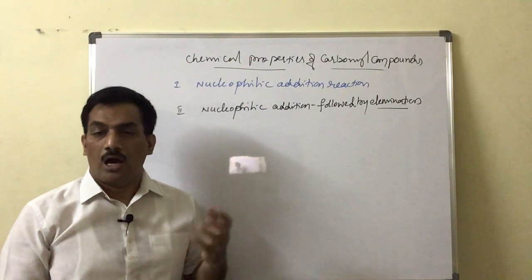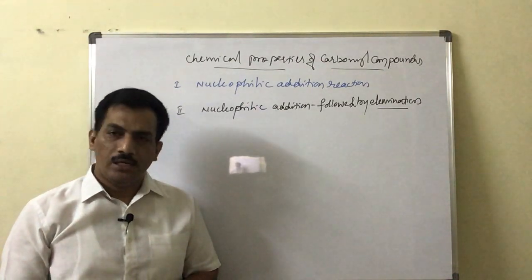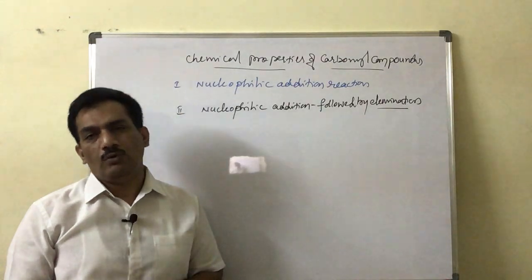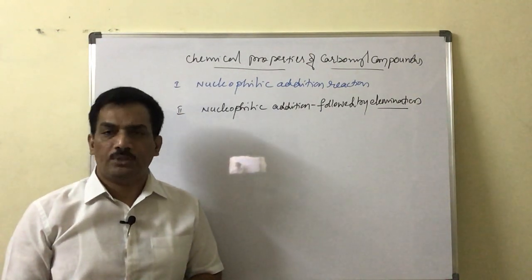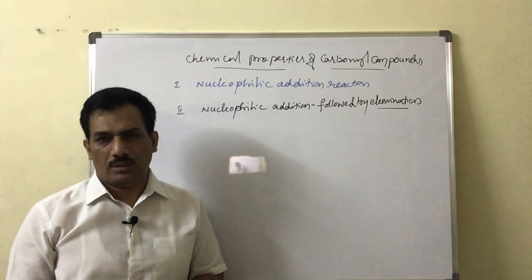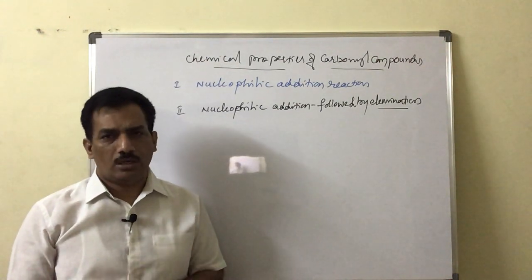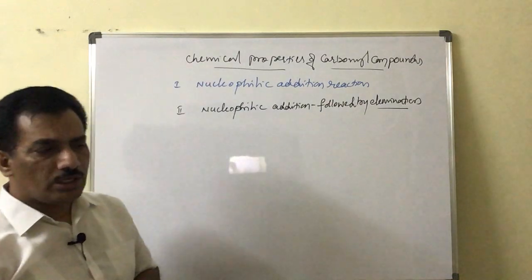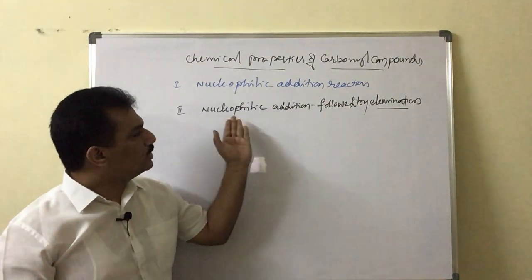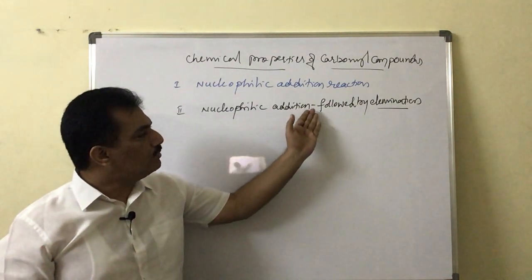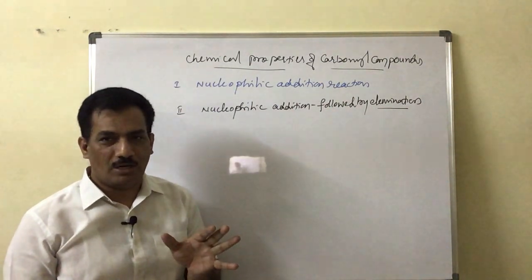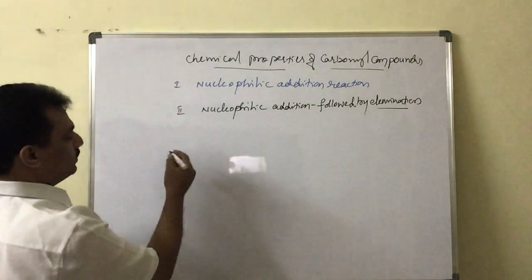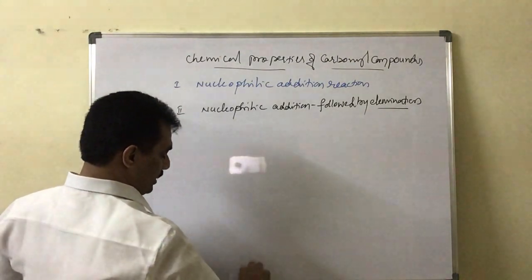And then semicarbazide, that is NH2NHCONH2, that is, instead of the phenyl group, when the amide group is attached to this hydrazine, it is semicarbazide. With all these ammonia derivatives, the carbonyl compounds undergo nucleophilic addition followed by elimination. Elimination is only water, just remember, is it not? And now let us continue with the next type of reactions.